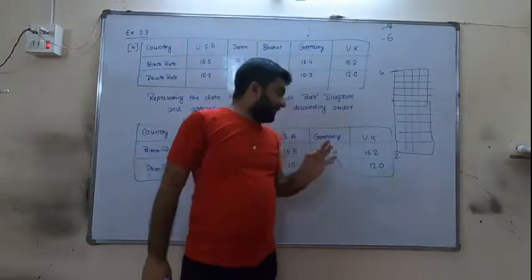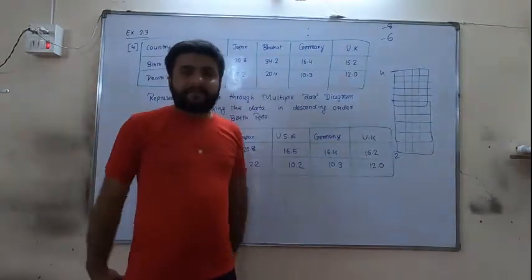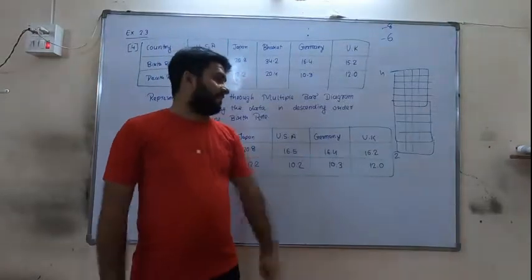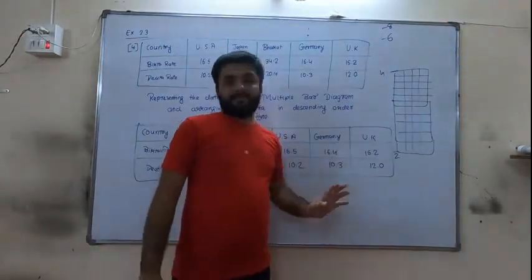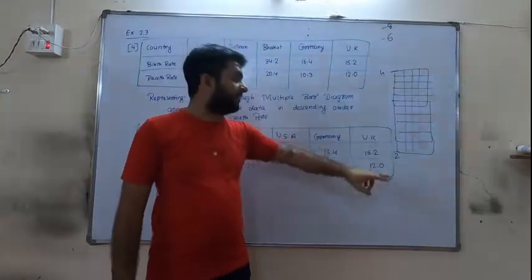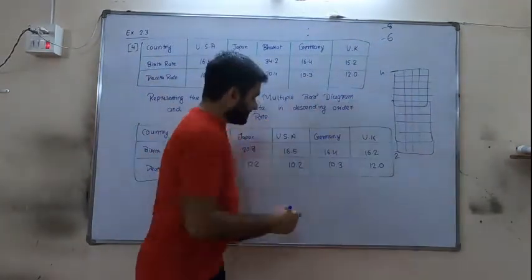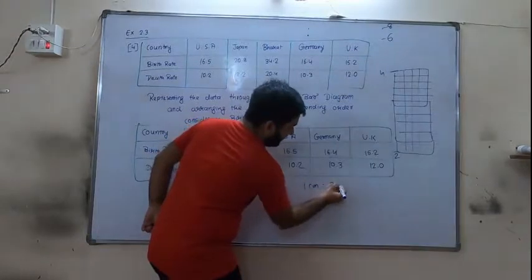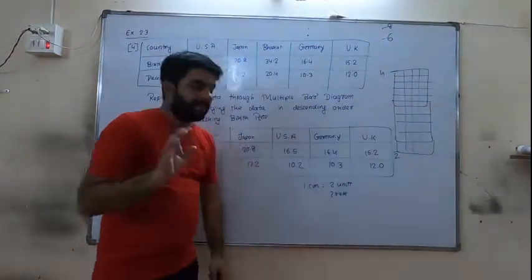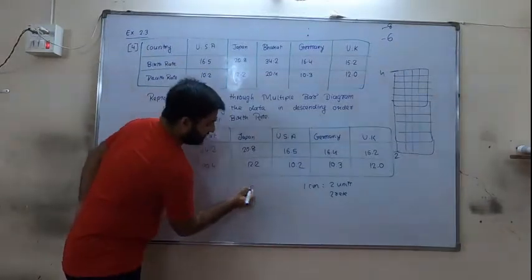Now friends, whenever you have a decimal place, first of all you should see your scale. Your scale is in 1 centimeter. How much scale are you taking? How many units are you taking? 2 units. In 1 centimeter you are taking 2 units, and here the unit is rate, birth rate, death rate. So your unit is 2